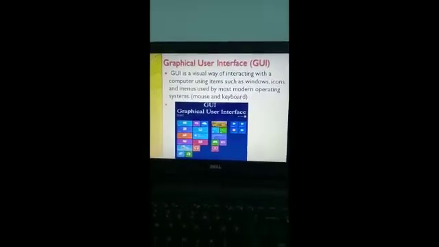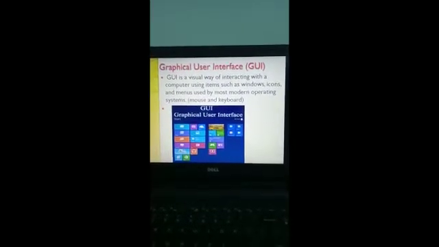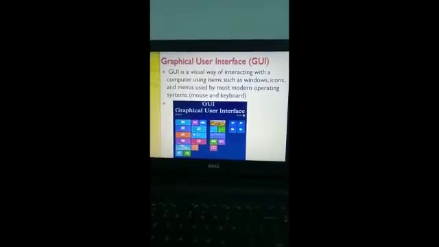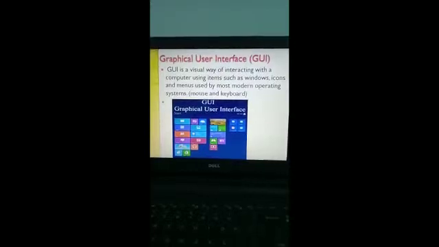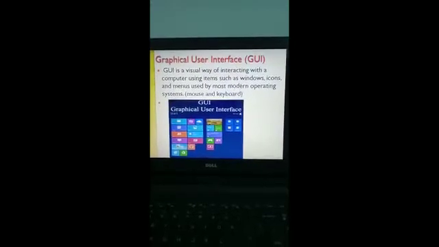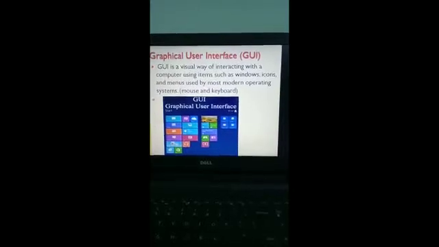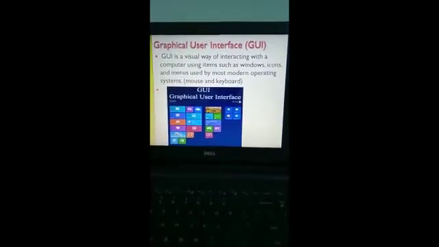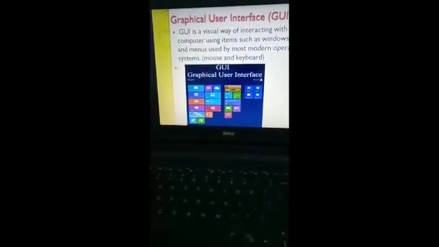Second one is graphical user interface, which is what we are going to learn about. GUI is a visual way of interacting with a computer using items such as windows, icons and menus, used by most modern operating systems.